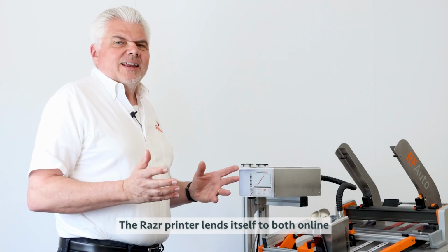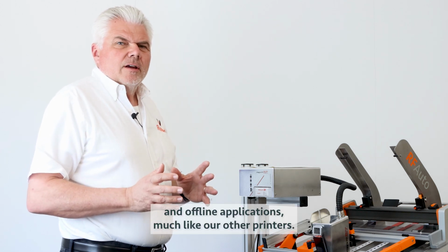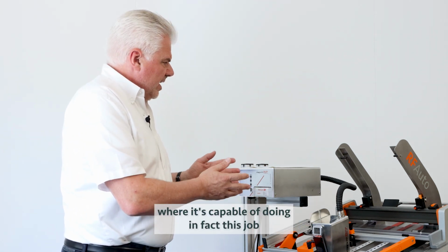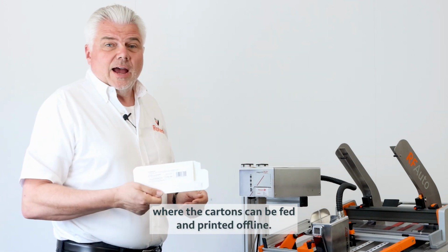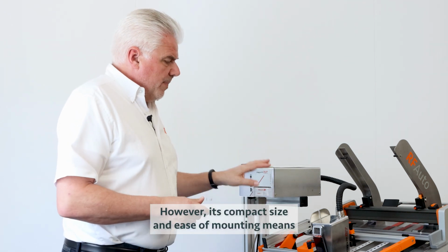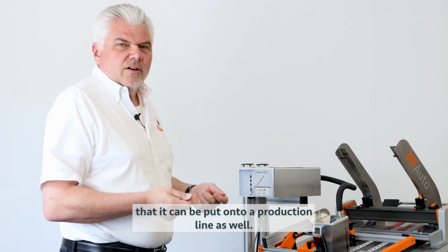The Razr printer lends itself to both online and offline applications, much like our other printers. You see it here fitted onto one of the Rotech RF Autos, where it's capable of doing, in fact, this job, where the cartons can be fed and printed offline. However, its compact size and ease of mounting means that it can be put onto a production line as well,